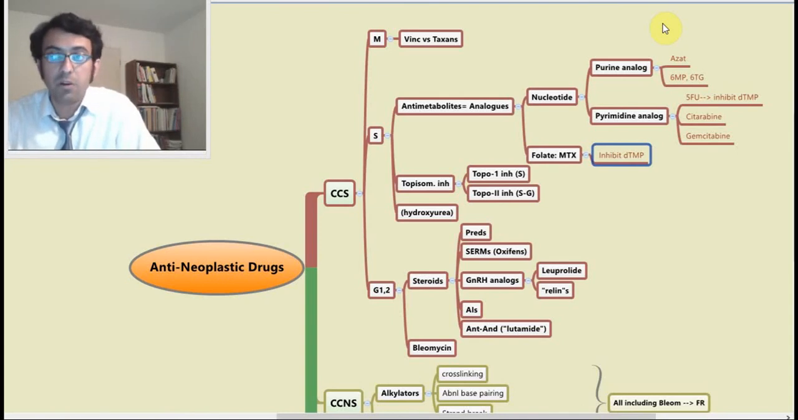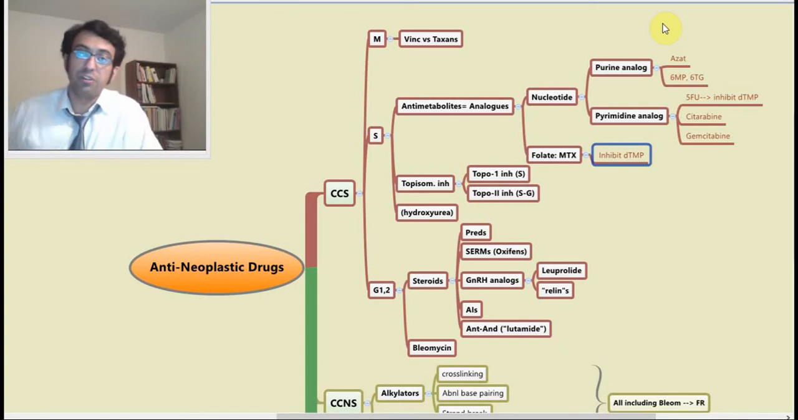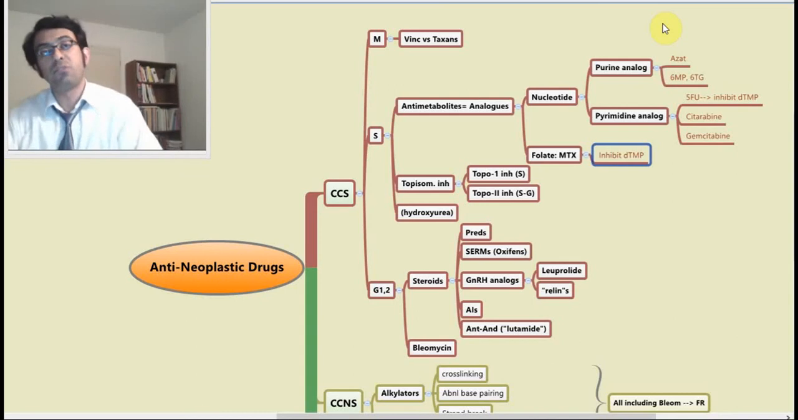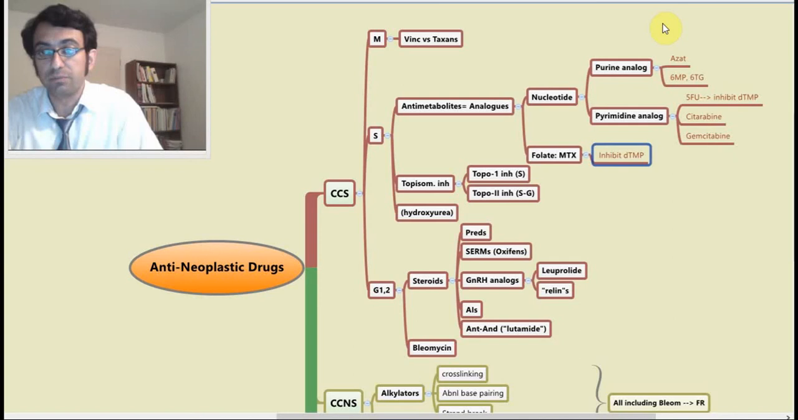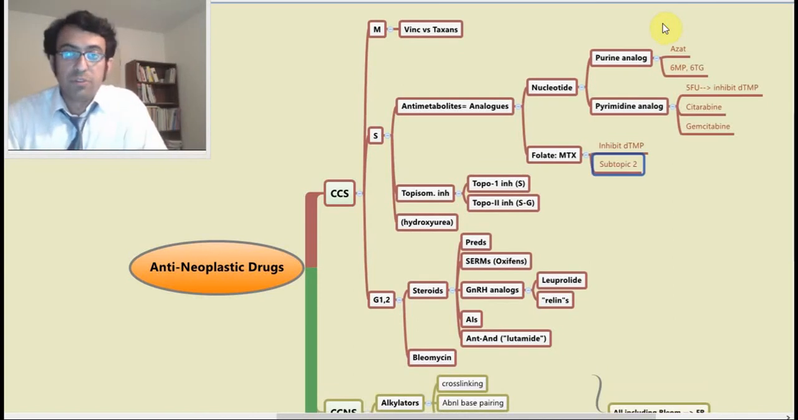Okay, in addition to these analogs or anti-metabolites, what are the other S-phase-specific anti-cancer drugs? They include topoisomerase inhibitors and hydroxyurea. Topoisomerase inhibitors themselves are divided into topoisomerase 1 inhibitors, which are S-phase specific, and the topoisomerase 2 inhibitors, which are S-G2 phase specific. Can you mention some of the topoisomerase 1 inhibitors? They include drugs that end in tecan, such as topotecan and irinotecan, and topoisomerase 2 inhibitors are drugs that end in poside, such as